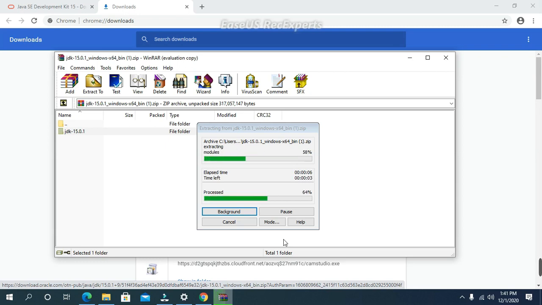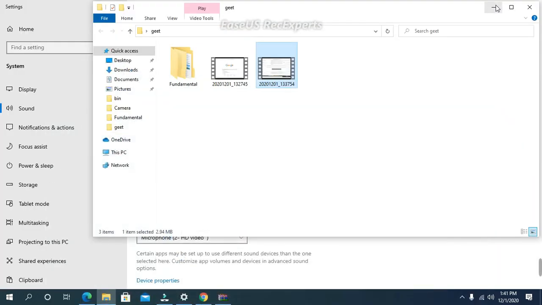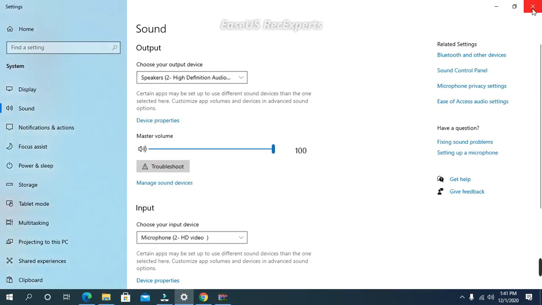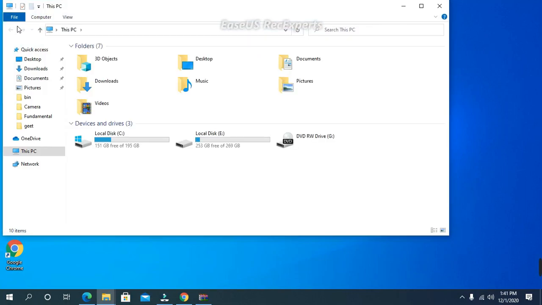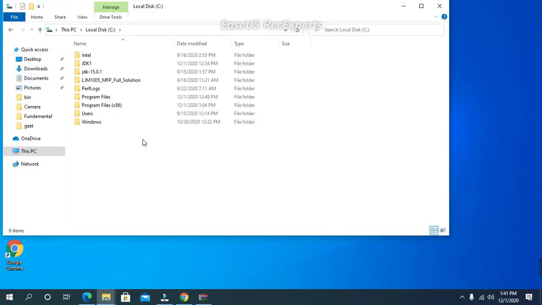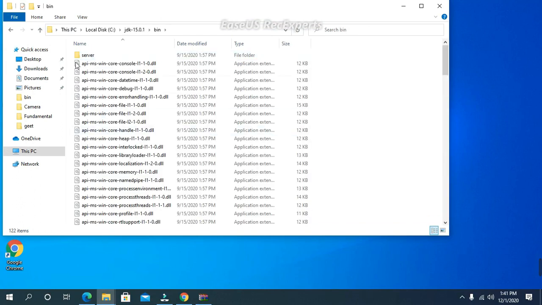Now extraction has been done successfully. Let me see whether my files have been extracted in C drive or not. I go to this PC and in C drive, see, the JDK folder is there. In the JDK folder there are different subfolders and there is one folder, bin.